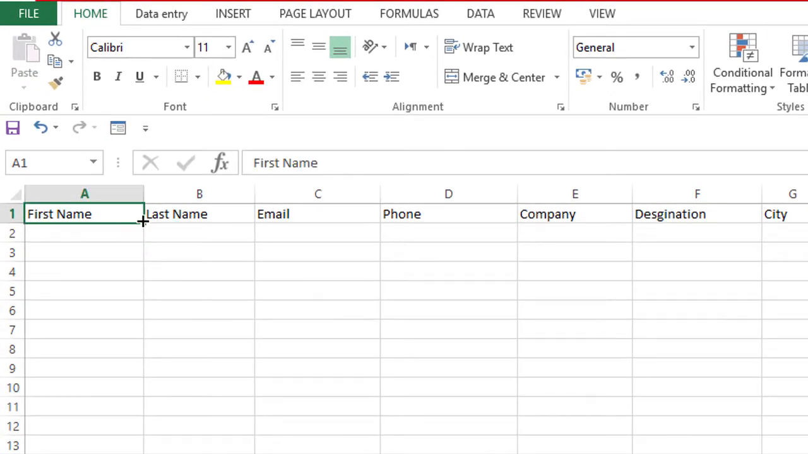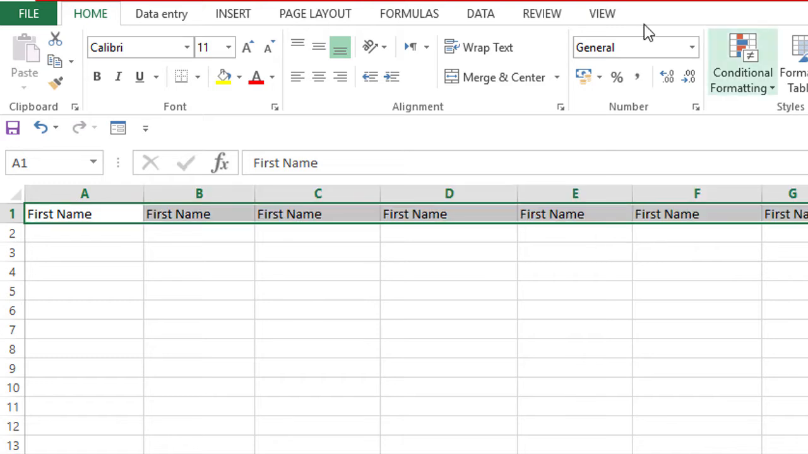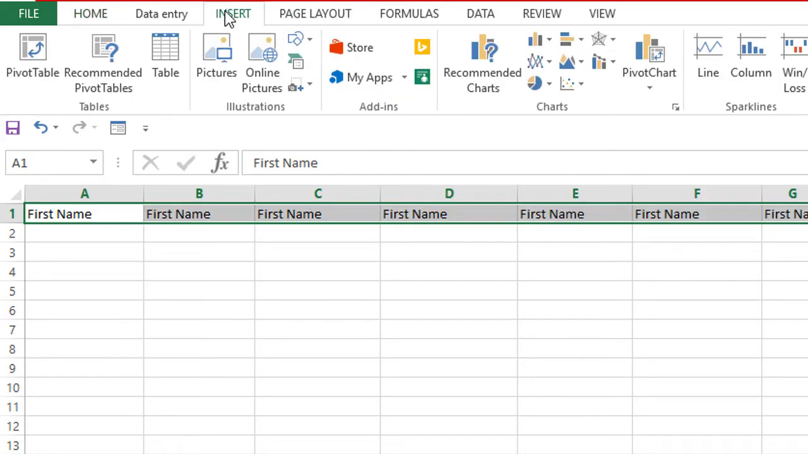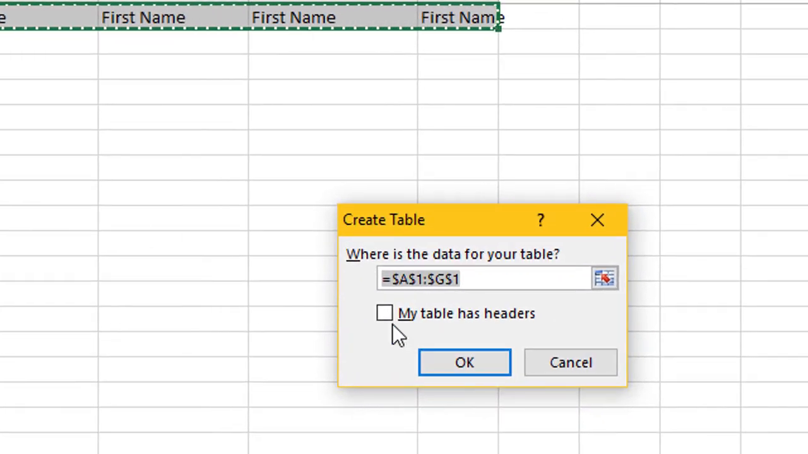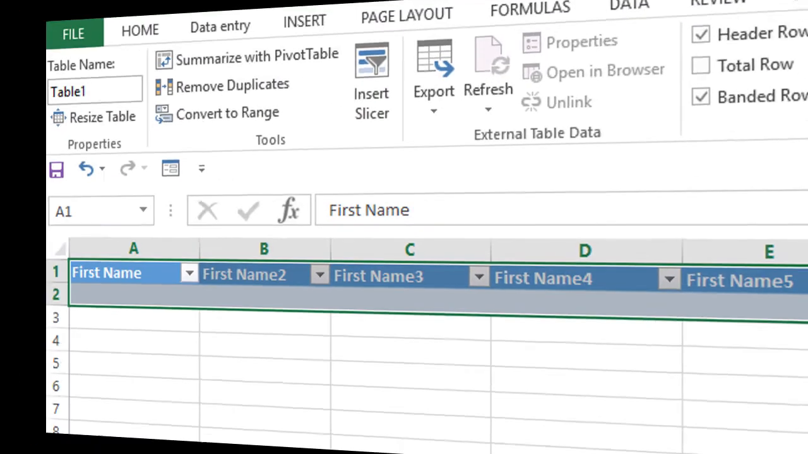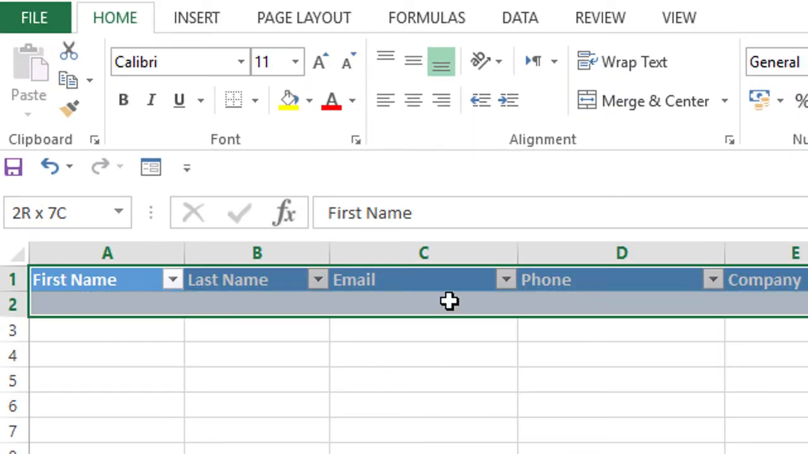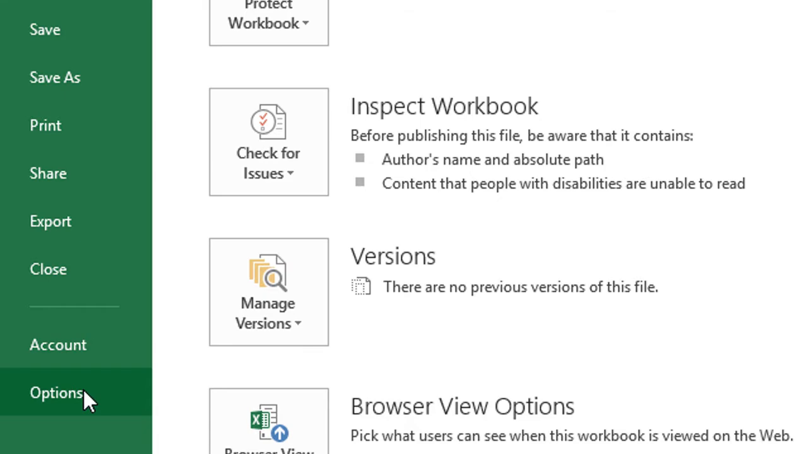Now select the whole row. Now click on Insert and click on Table. Now check this box, My table has headers, and make OK. Now select all. Click on File. Now click on Options